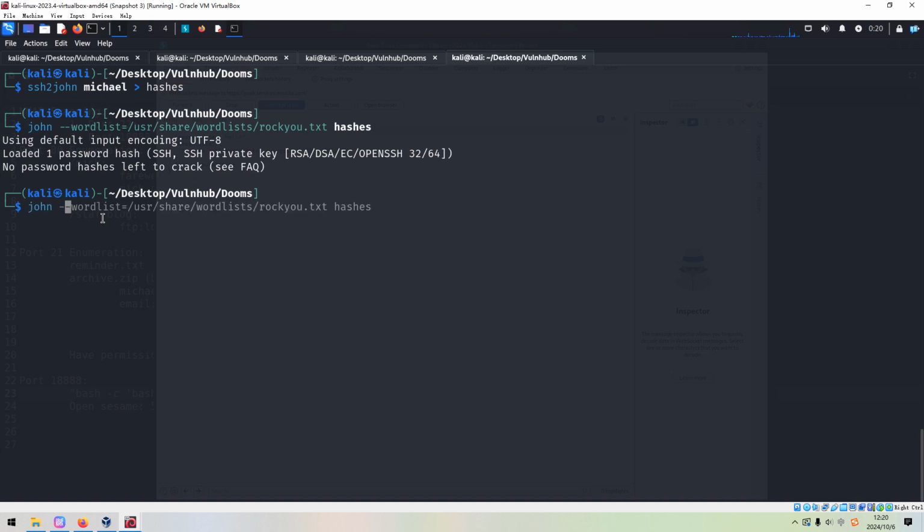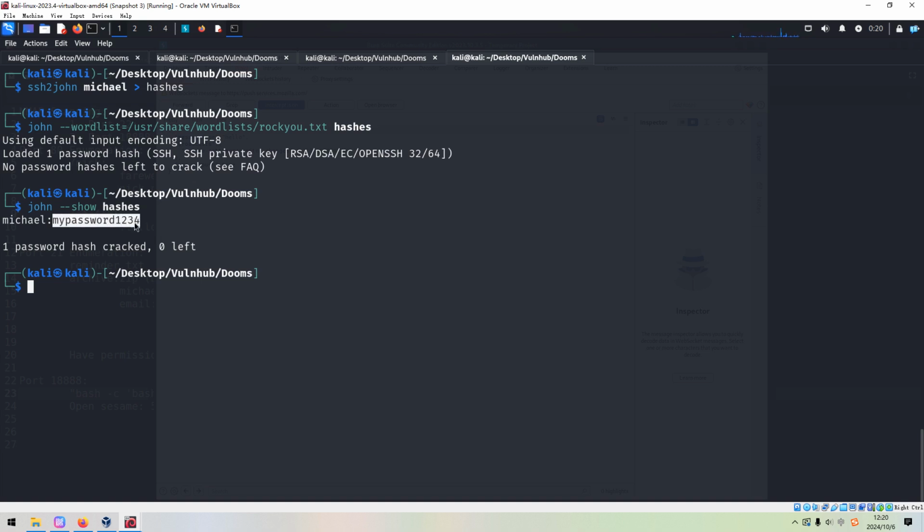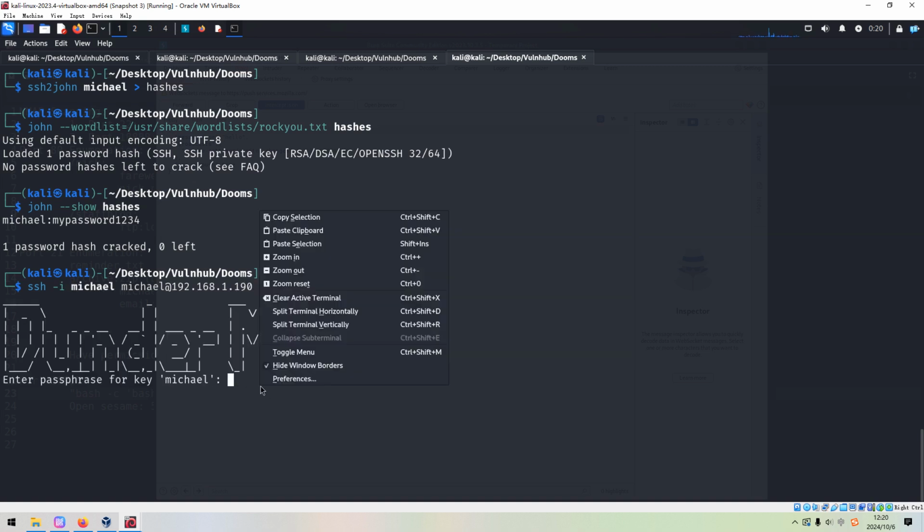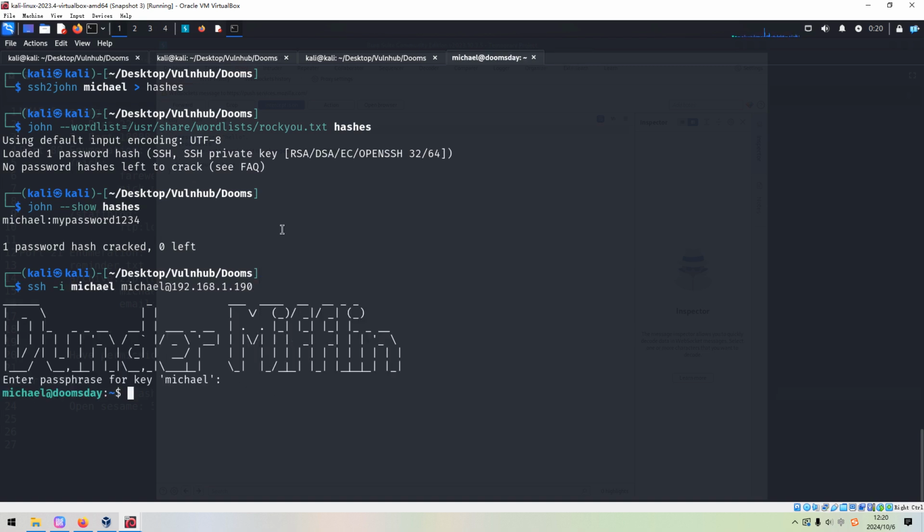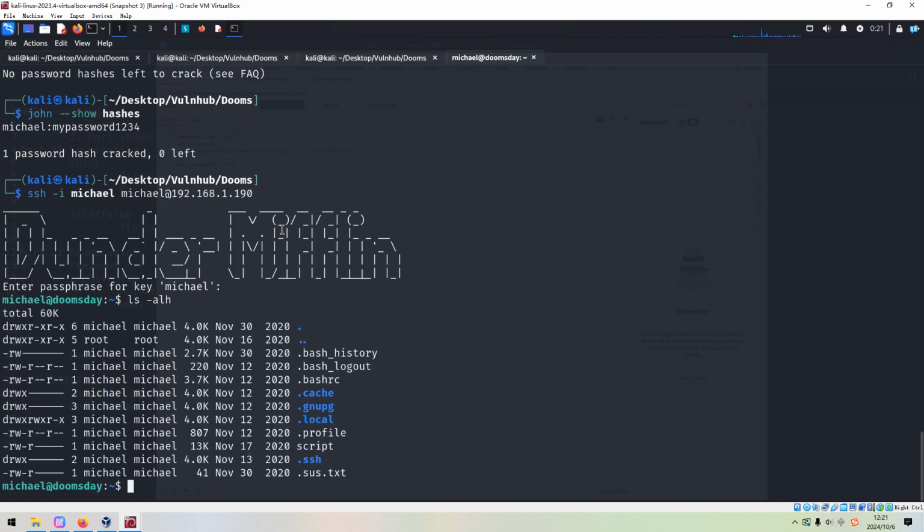So now we can use the show option to display, and this should be the passphrase for the private key. And then we can supply the passphrase here. Michelle.